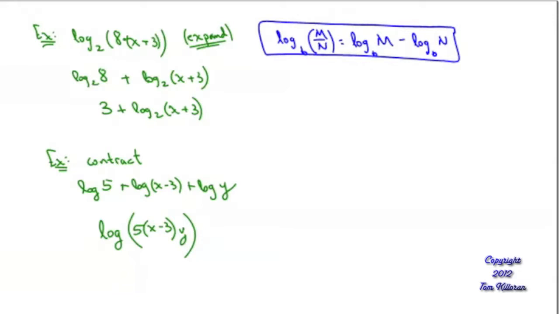So, for example, simple one. Log base 2 of 16 times x plus 2 over y minus 3. And I want to expand this. Whatever is in the top gets a plus. Whatever is in the bottom gets a minus. So it becomes log base 2 of